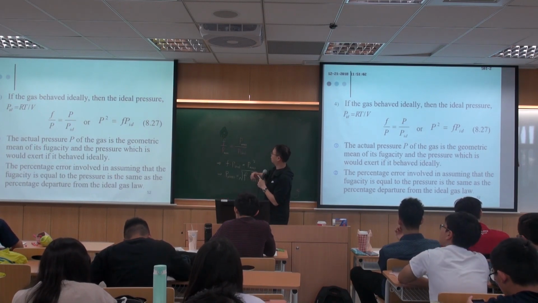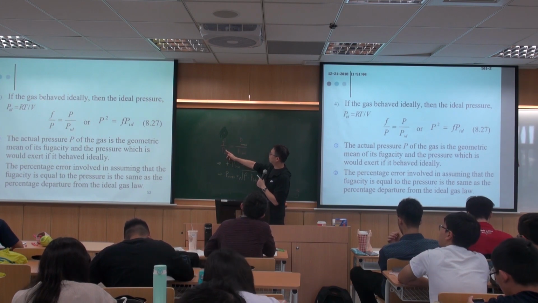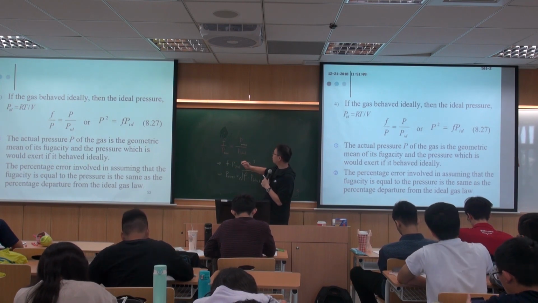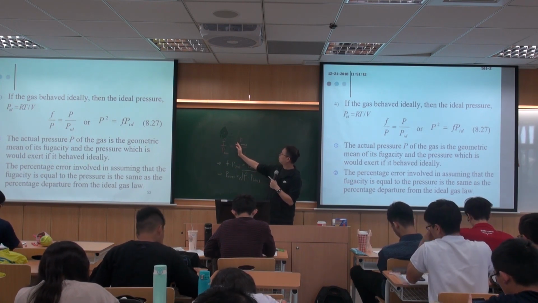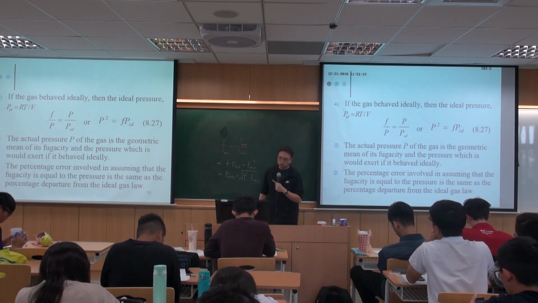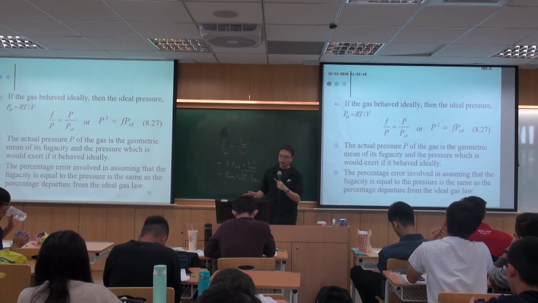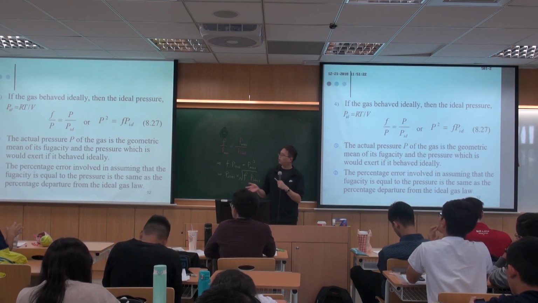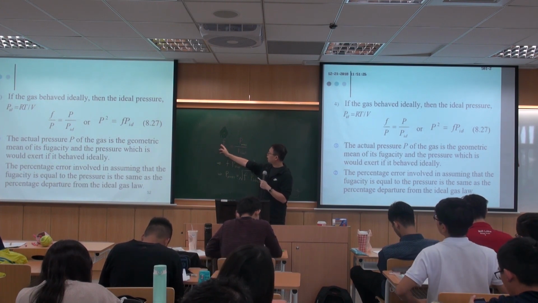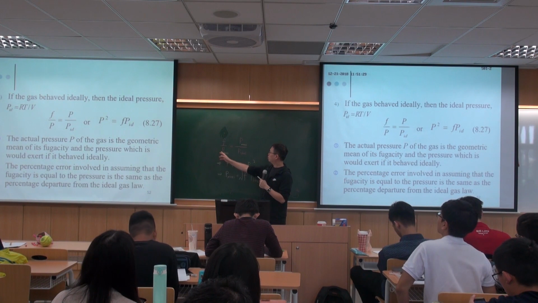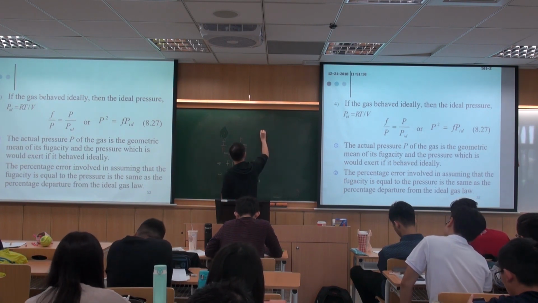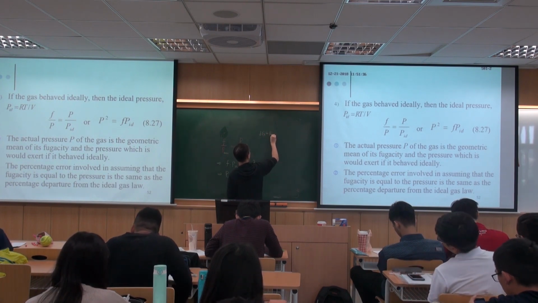So this is what I just mentioned earlier. If you assume fugacity is the same as the pressure you measure, then the error that you made will be the same as by assuming your measured gas is ideal gas. Okay? So if you measure something and then you assume that it is ideal gas, then when you calculate the fugacity, the error that you made will be the same as by assuming that